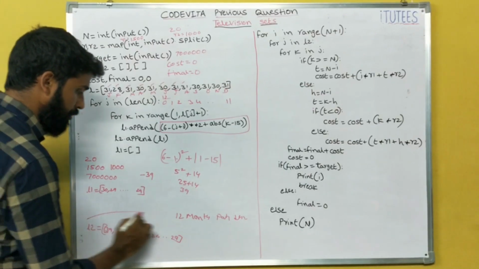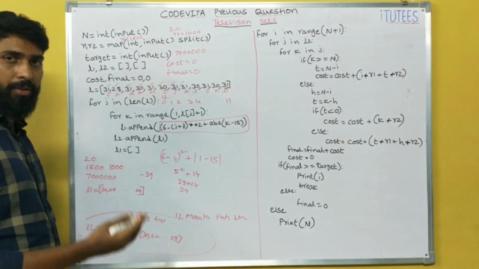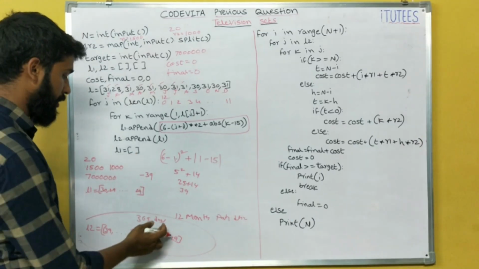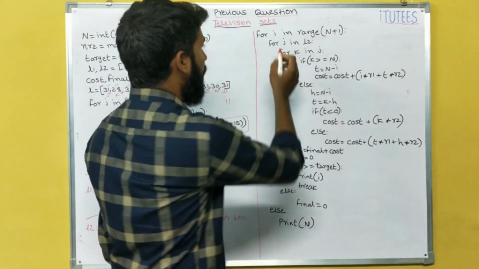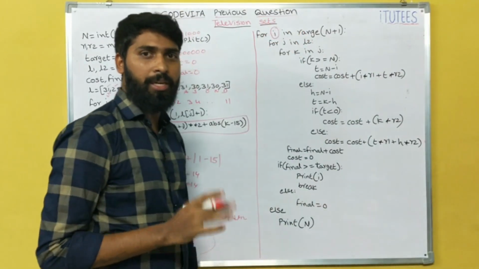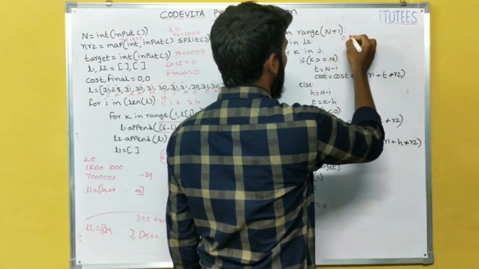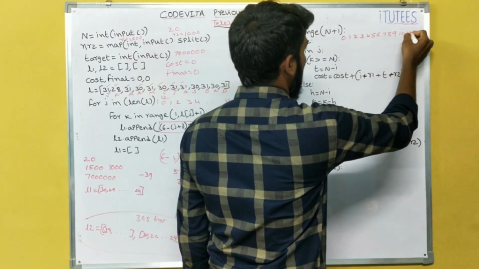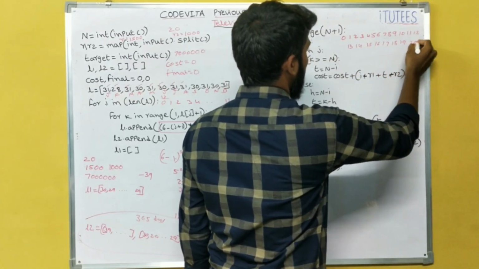That means this L2 list contains all the 365 days patient details. So January 1st, how many patients are admitted into the hospital? In the same way, up to 31st December, we can store all the data in L2. Okay, now we can check that. For I in range of n plus 1. So this is, I am taking as TV rooms. So range of n plus 1 means the output is 0, 1, 2, 3, 4, 5, 6, 7, 8, 9, 10, 11, 12, 13, 14, 15, 16, 17, 18, 19, 20.